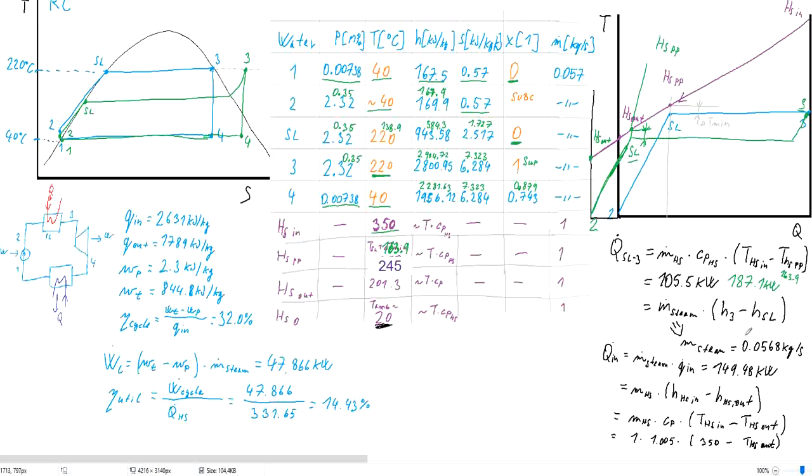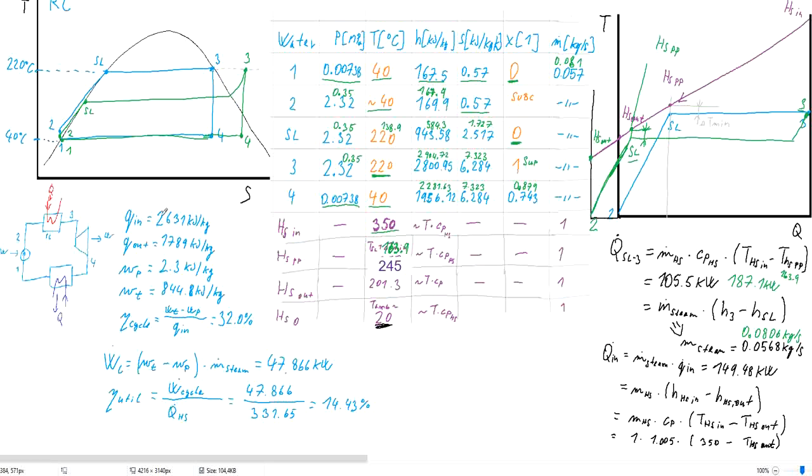So we get mass flow rate of the steam for this case being 0.0806 kilograms per second. So already towards the pinch point we have higher heat input than it was the case of the total heat input for the blue cycle, and